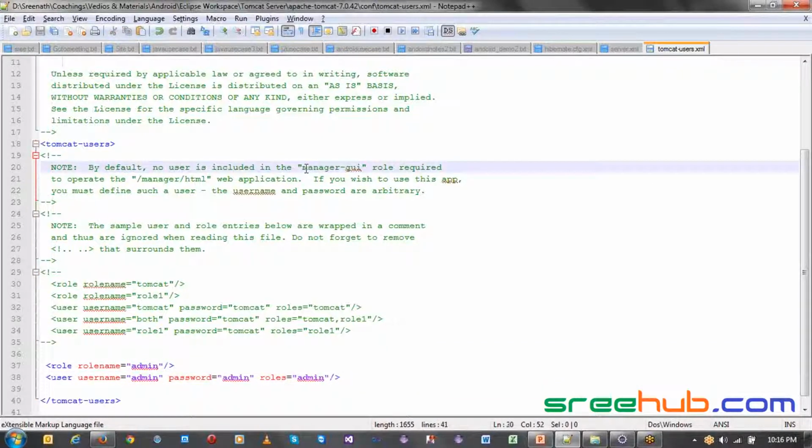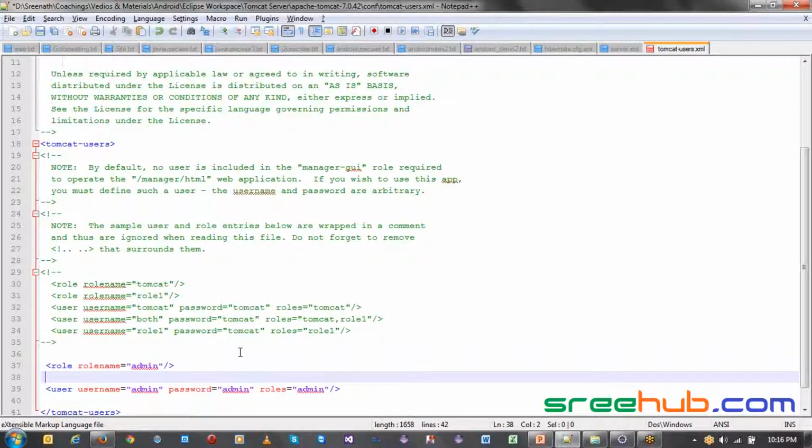Now you can see there is one more role called manager GUI, which is needed to check out all the features of the Tomcat UI, which is a page. I'll show you once we are done with this. In order to get access to the actual features, you have to give one more role called manager GUI.